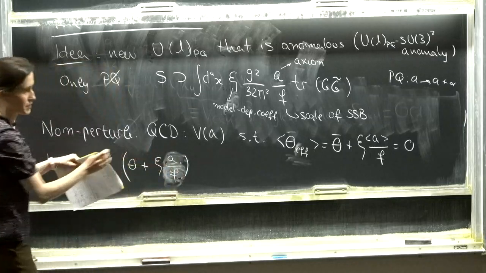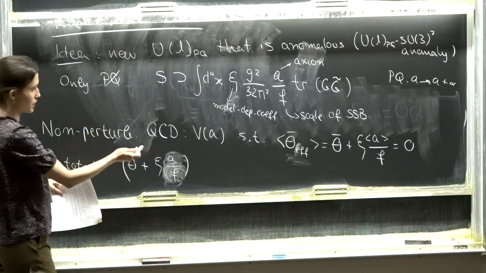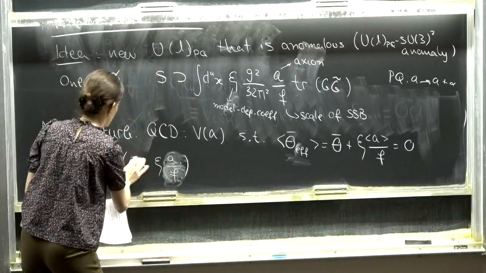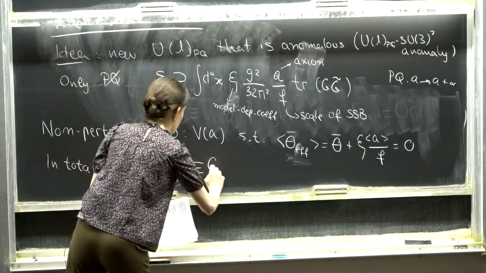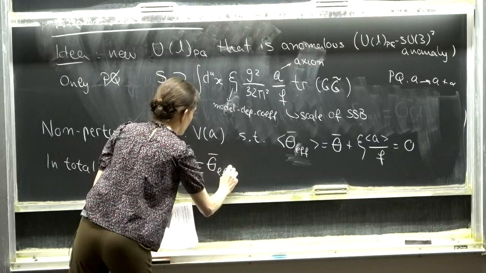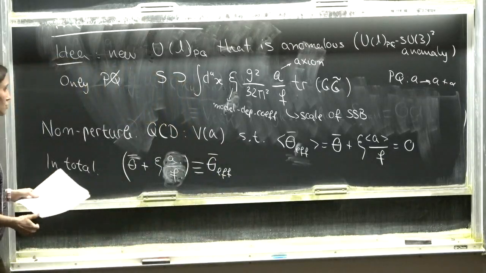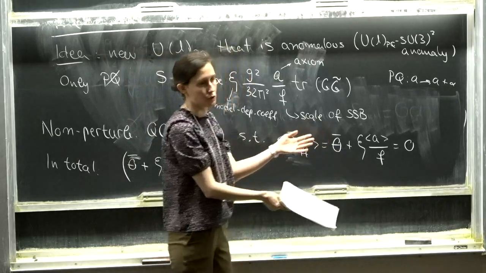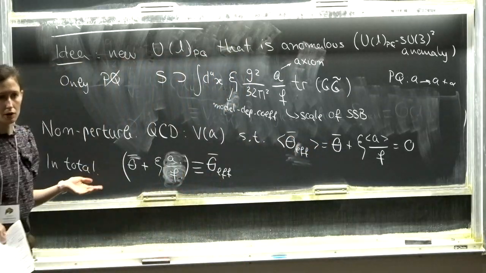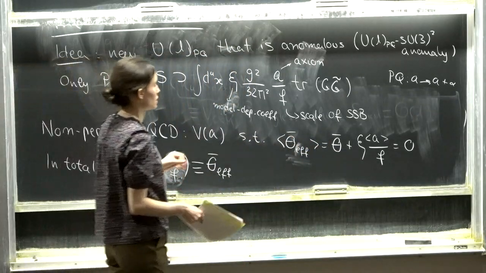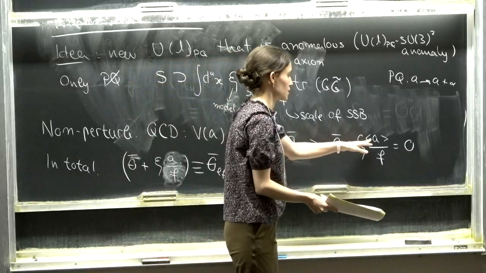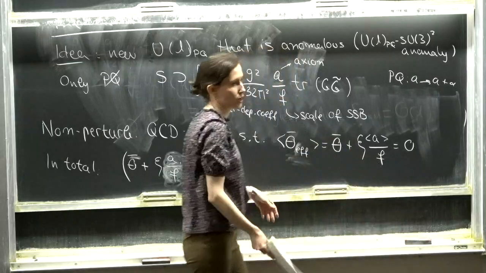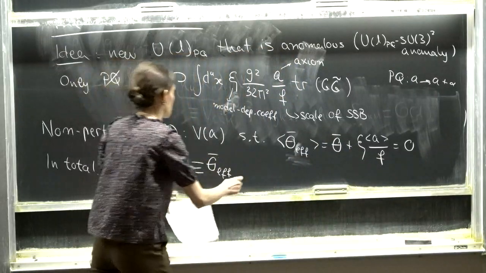This will be the coefficient of that GG dual term in the presence of a theta term. The axion, really theta bar, sorry. So this is what I'm going to call the effective theta bar in the presence of the axion. And then the potential for QCD, which you can compute using, for example, chiral Lagrangian techniques, you can show that the minimum of that potential is precisely when this combination is 0. Okay, so that's beautiful,